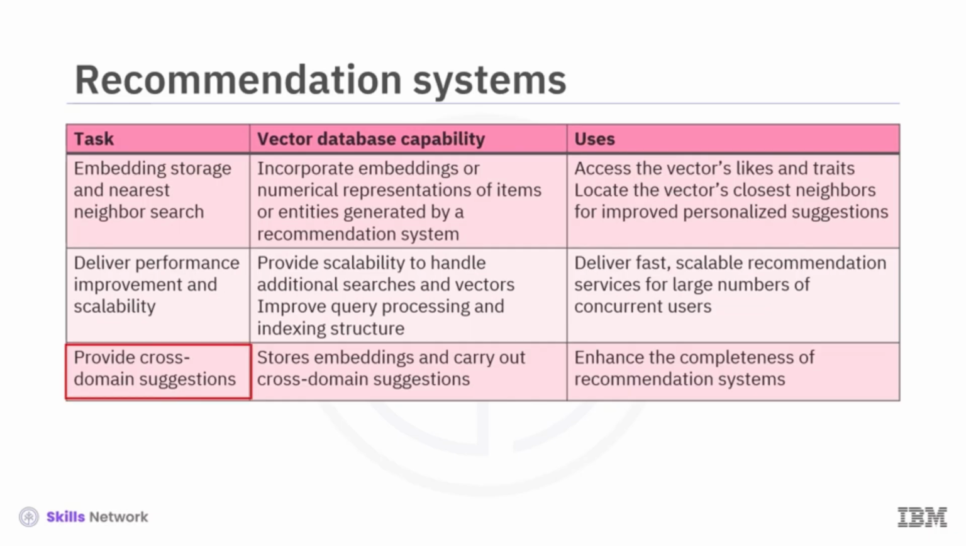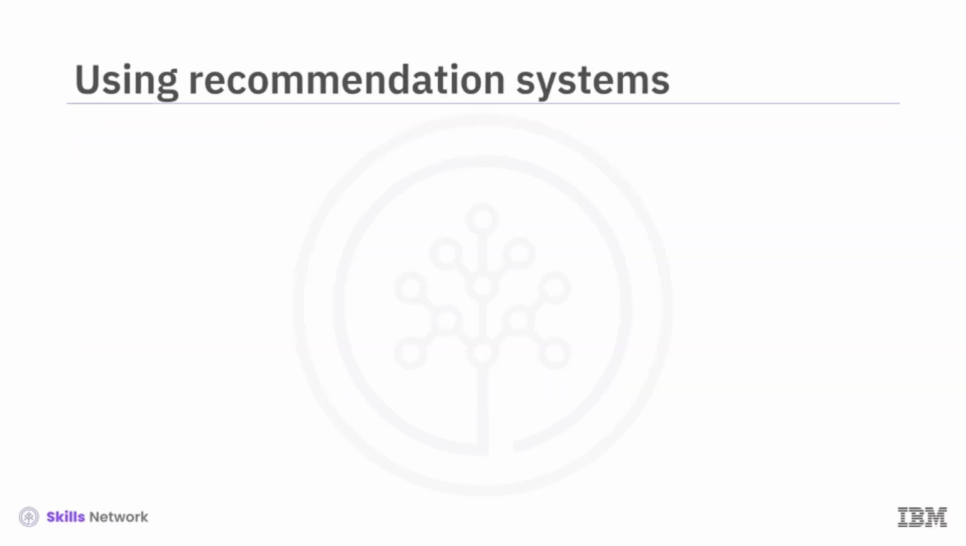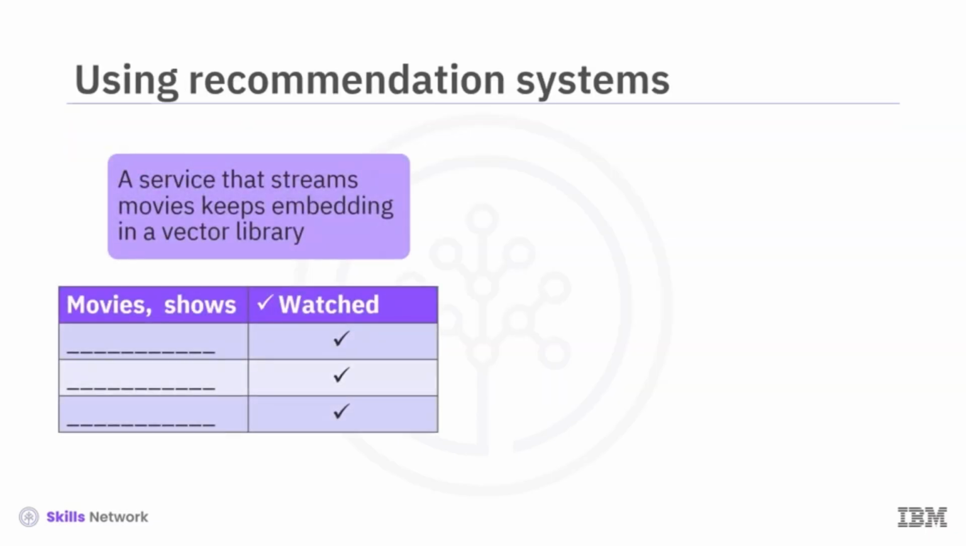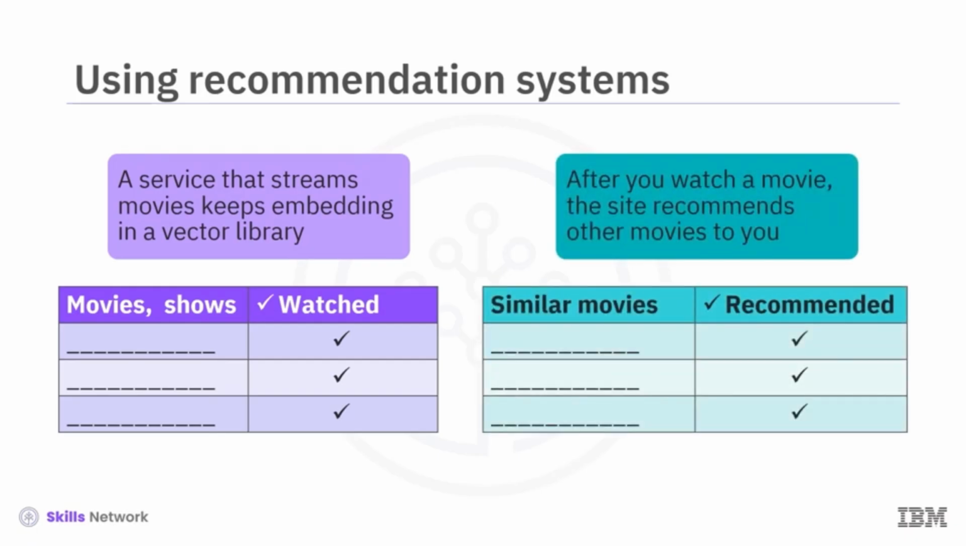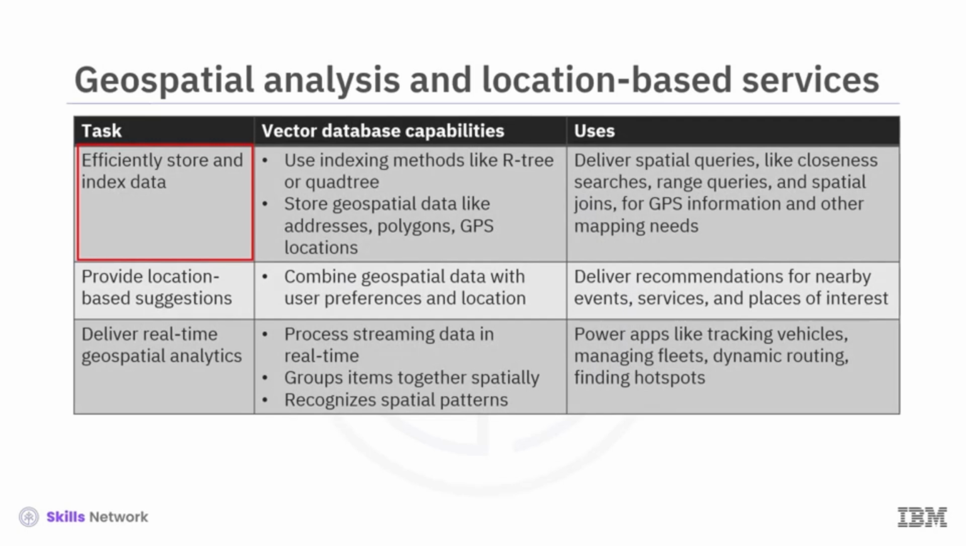Vector databases provide cross-domain suggestions using embeddings, enhancing recommendation systems' completeness. For example, a streaming service keeps movie embeddings in a vector library. After you watch a movie, the system uses embeddings of related movies from the database to recommend other movies you might like. To store and index data efficiently, vector databases use indexing methods like R-tree or quadtree to store geospatial